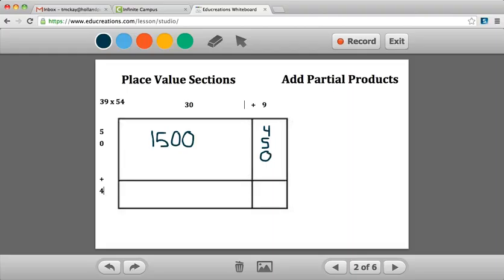And then you would come back and you would multiply 30 times 4. So 3 times 4 is 12. And there's 1 zero. So then you would add the 0. And then finally, you would take 9 times 4, which is 36, and come up with 36. After you come up with these 4 partial products, you need to add them together to get your product. So you'd take 1,500